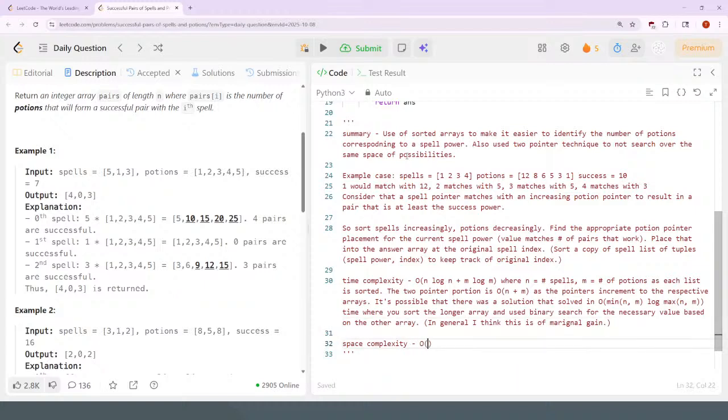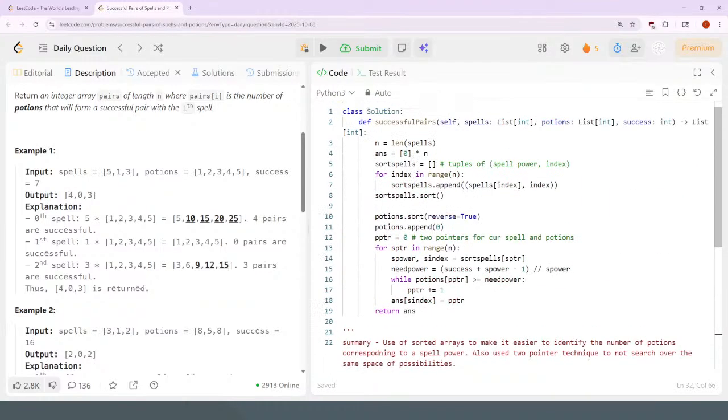Space complexity is going to be O of n to have a copy sorted spells tuple array. I think that's the only thing that was necessary. The answer is